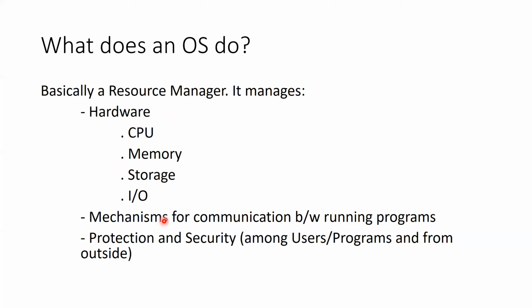Similarly, if there are many programs running at any given moment in a system, these programs sometimes need to communicate with each other. Again, how do these programs communicate with each other? These programs cannot access each other's data or memory directly. If they want to communicate with each other, they have to again go through the operating system. The operating system serves as an intermediary between different programs if they want to talk to each other.